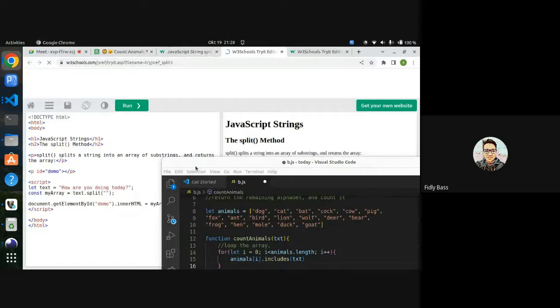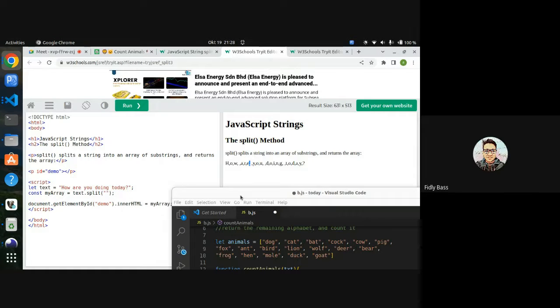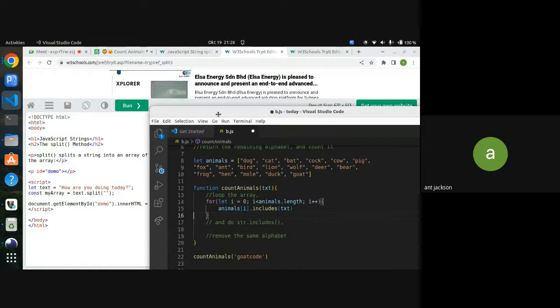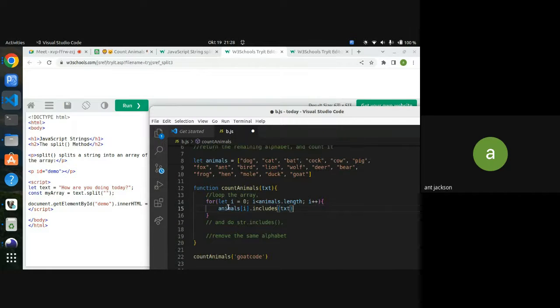Split will remove it. You split it. Yeah, it's split. But if you use the split, you will have the comma here already. Yeah. My way of doing it is maybe we can create another for loop to run through each